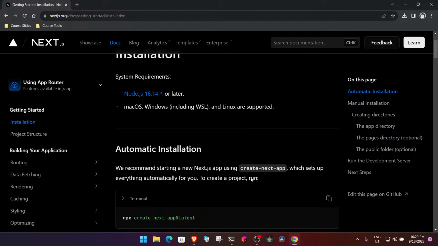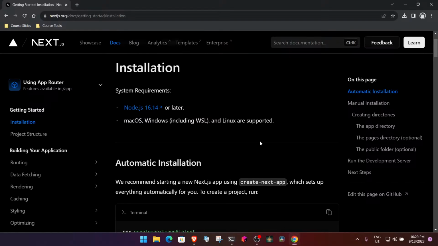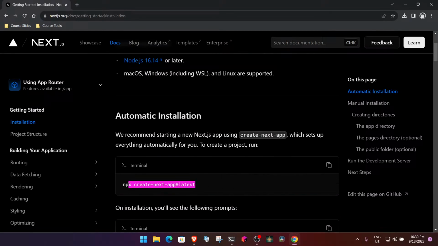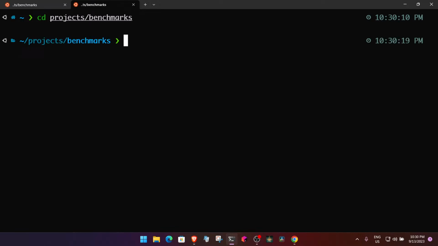What I simply want to do is, again, I forgot this. Okay. This is one. Sorry. So go here, benchmarks, and this time I'll say yarn create next-app@latest. Okay,